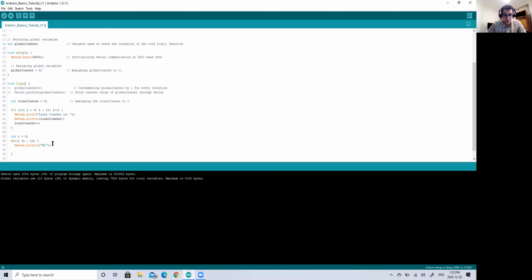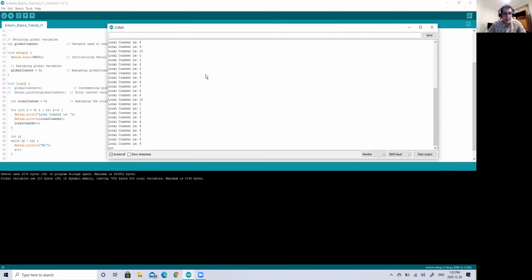So we need incrementation in here of i++. Okay. And let's say we didn't have the equal 0 here, just for the sake of showing. I think it depends on the Arduino version you have. Some versions would initialize i as